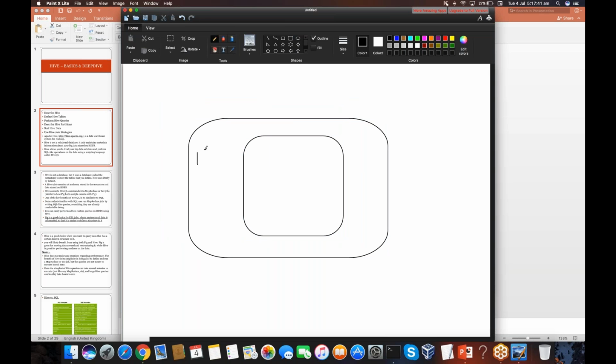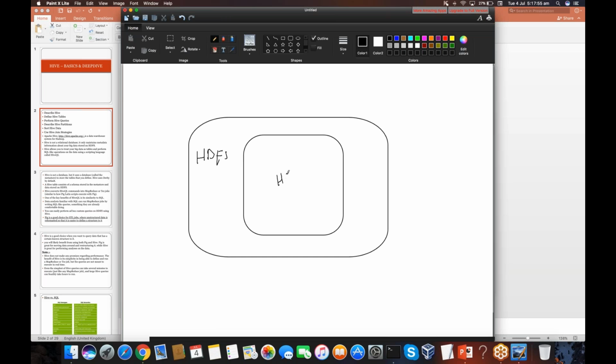This whole bit will be your HDFS. Not on top of HDFS; within HDFS, you'll have Hive. The way this Hive works is,